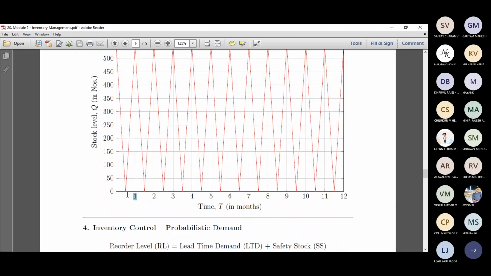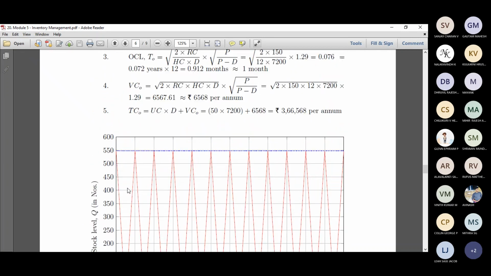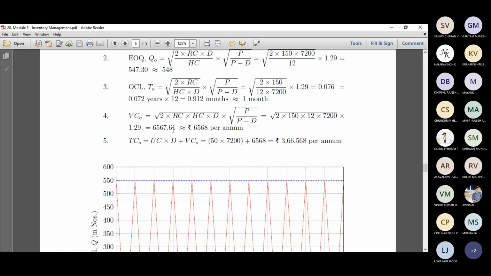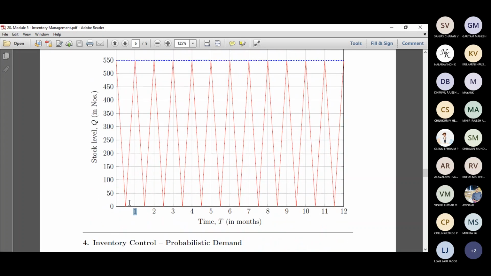So 1 month, half a month, like 2 weeks time. You can even take a look at this 2 weeks time. At 2 weeks time, the stock gets completely exhausted, which is the production. This is the production, something like that. Then at that point, the production equals the demand. Then you probably shoot it again, and it goes on and on. So this is how the production model works.